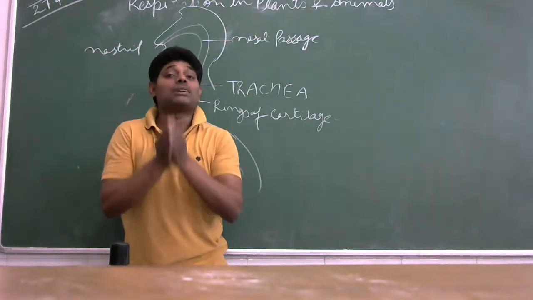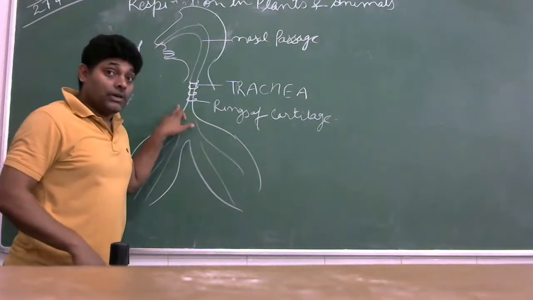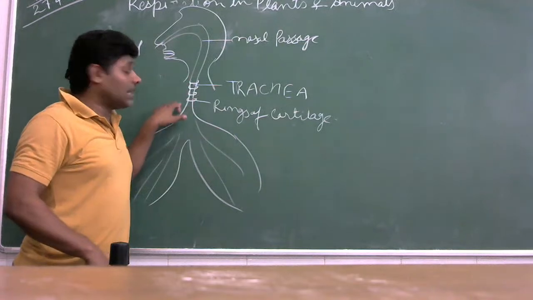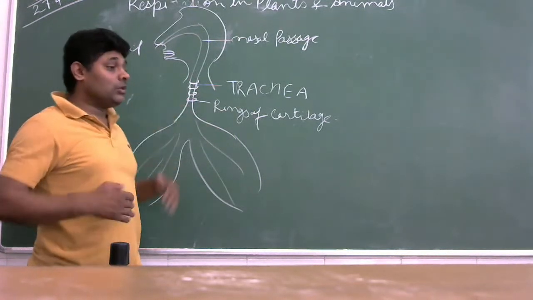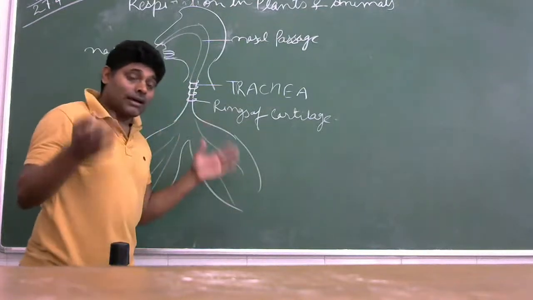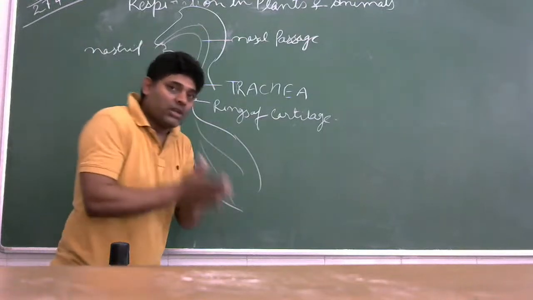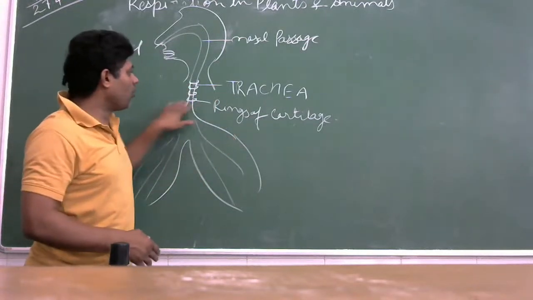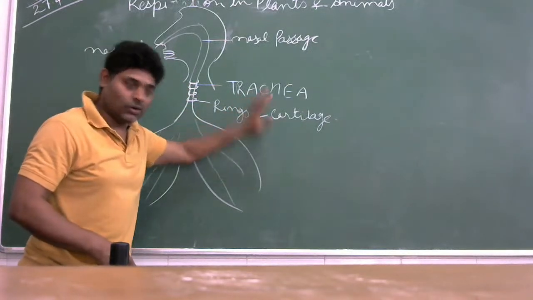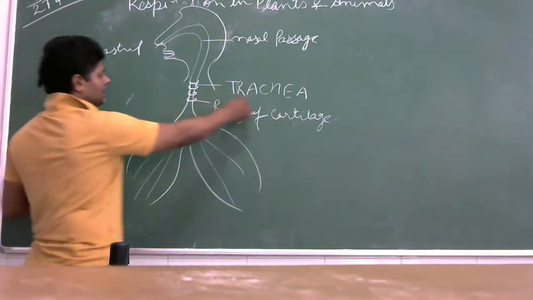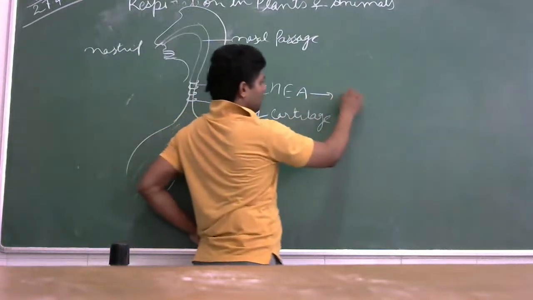Because vacuum cannot be created. So, if the rings of cartilage are not attached to the trachea, then whenever you exhale the air, again the trachea will collapse. To prevent the tracheal wall from collapsing, rings of cartilage are present in the trachea. Okay? Further, this trachea opens into the